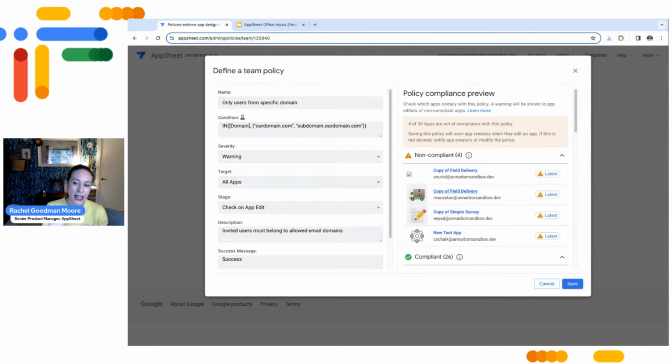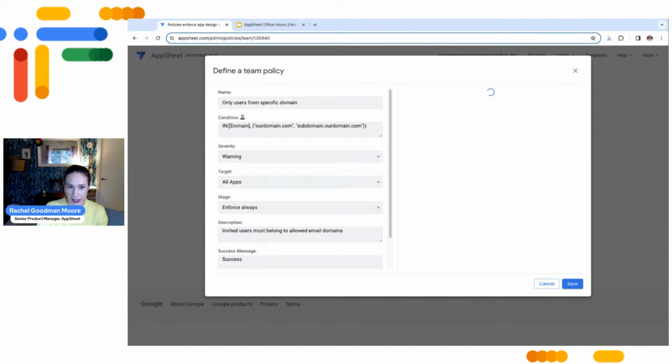And that meant that I could wind up in a state where I had a policy that I thought was in effect for all of my apps, but it actually wasn't applying to all apps, because some of the older apps hadn't met the stage check for the policy to apply to them moving forward. And that's not great. That's not how we want policies to act in some cases. And it doesn't represent the most secure perspective on how to ensure your policies are in effect for everyone,